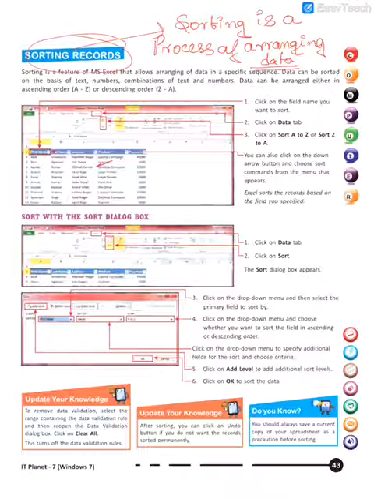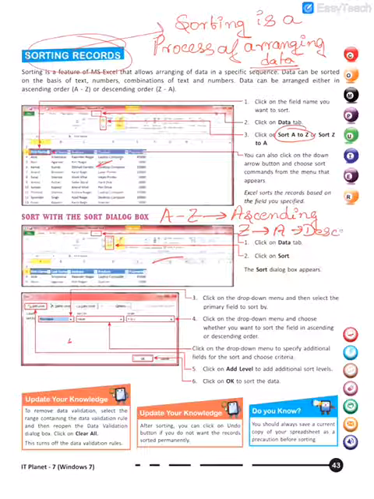So by the help of sorting, basically we are arranging data. Now we can sort in two ways, A to Z, that is ascending order. So A to Z means ascending, and Z to A means descending. So in both the orders we can arrange data.